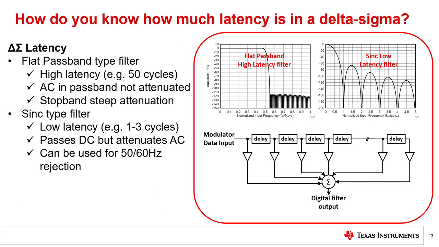High latency is mostly associated with wide bandwidth delta sigma converters. SAR converters do not have this issue because they do not contain digital filters. The problem is related to the implementation of the flat passband filter. This filter has many delay elements, and each delay element introduces one conversion cycle of latency. A typical flat passband filter can have 50 or more cycles of latency. Delta sigma converters can use the low latency sinc filter. However, this type of filter is not optimized for wide bandwidth operation due to its passband attenuation. Thus, wide bandwidth delta sigma converters will always have latency delays to consider.